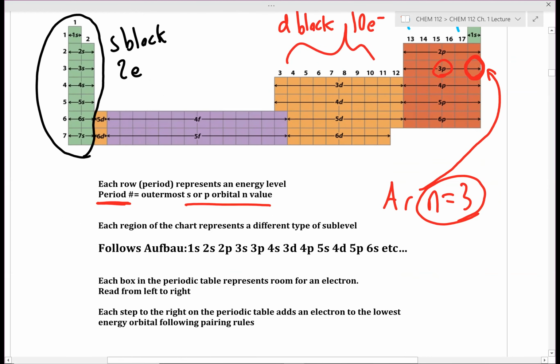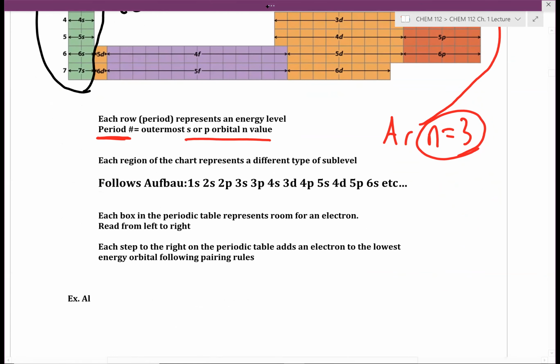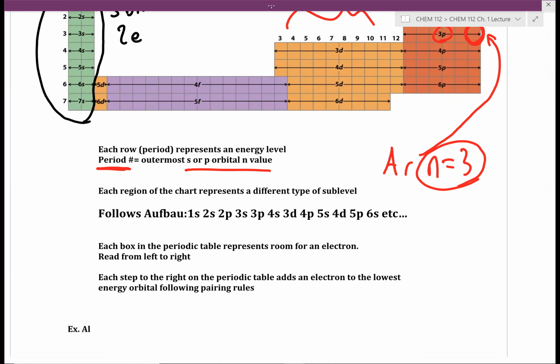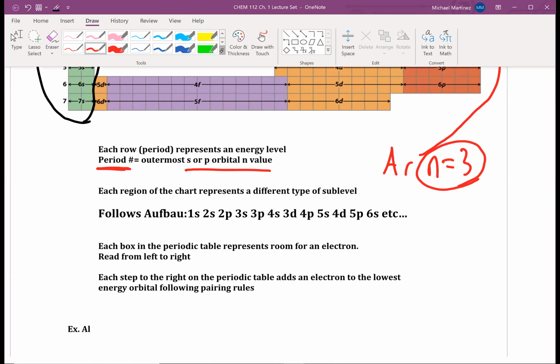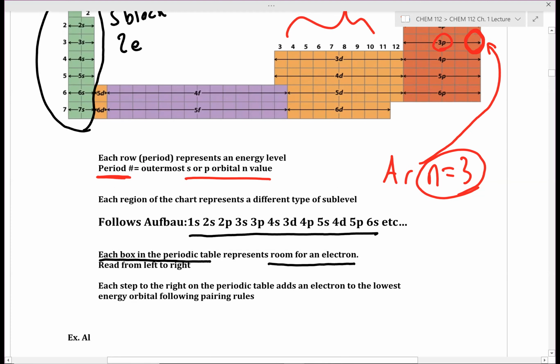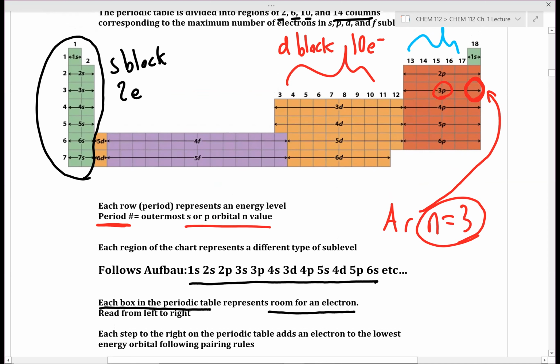Now, in general, we fill orbitals from lowest to highest energy. And we can summarize our orbital energy diagram into this general filling order. Now, if we're looking at each of the element boxes in the periodic table, each box represents room for a single electron. So if we start all the way at the top of our periodic table, each time we move a step in the periodic table,